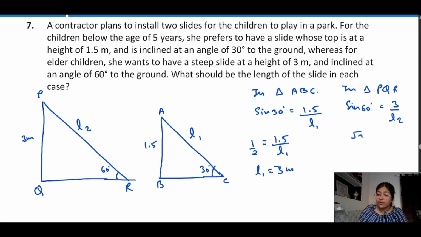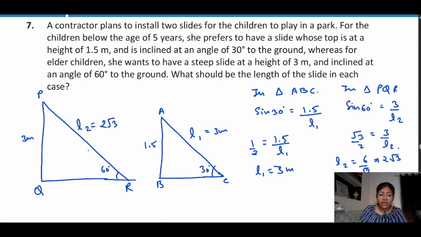Similarly, you can also find out L2. Sine 60 is root 3 by 2, which is equal to 3 by L2. So L2 is 6 by root 3. Now we are going to rationalize this. It is going to be 2 root 3. Is it correct? Yes, it is. So what should be the length of the slide in each case? The length of the slide for the smaller kids is 3 meter and for the bigger one it is